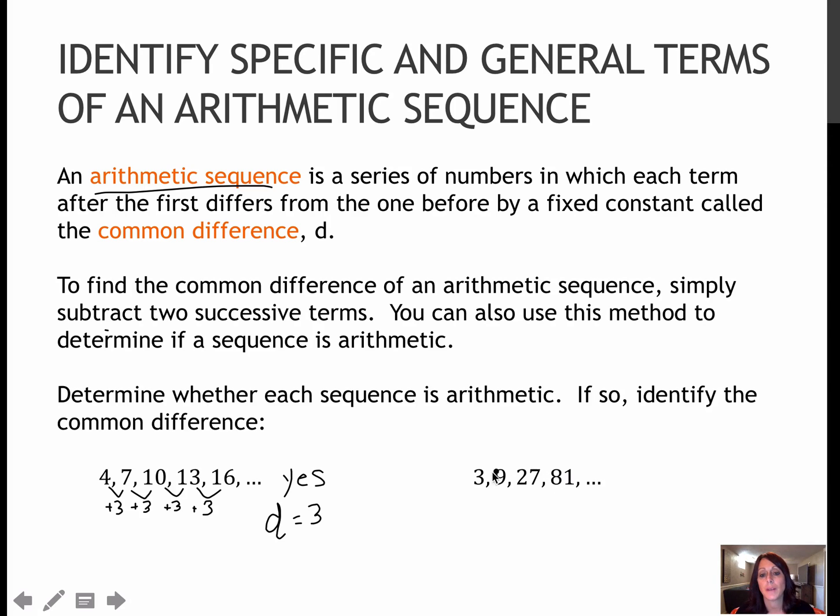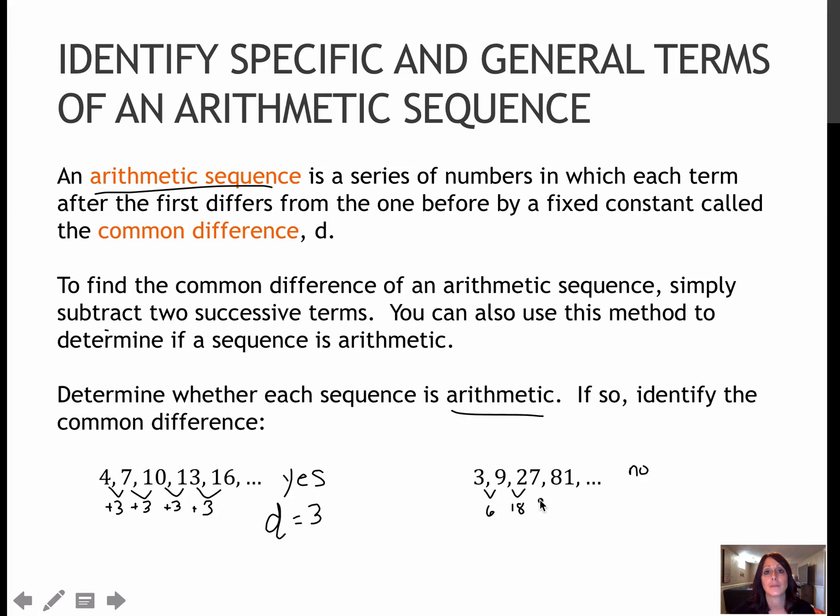Looking at this one, this is a difference of 6, a difference of 18, so I don't even have to check the next one. Notice there is some sort of pattern here, but it's not arithmetic. So this would be a no. We don't have to try to find what the pattern is, we just have to know that it's not an